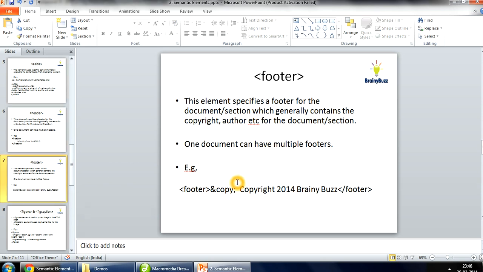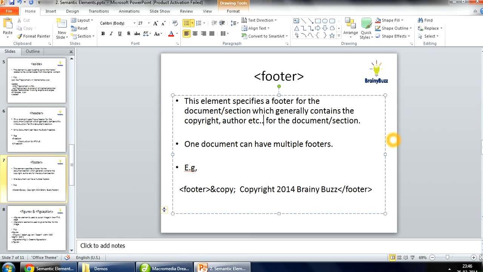Another thing, we have the footer. Footer is basically used to write the copyright or the author information, or sometimes it is used to write your about us or contact information or terms of use, anything. I'll write just copyright information, copy it.